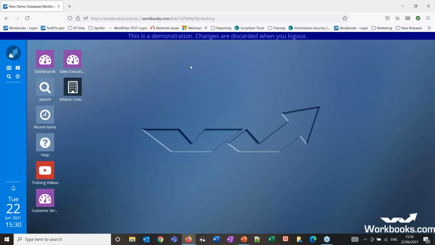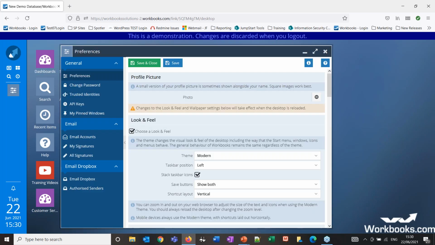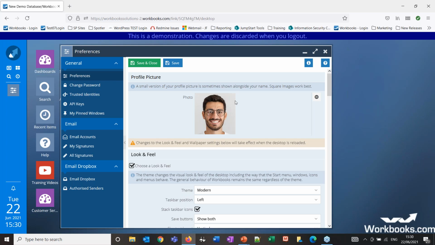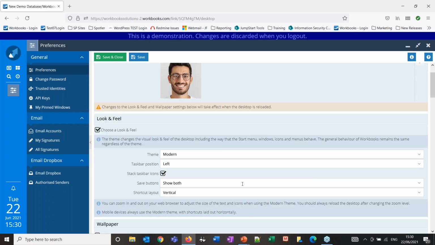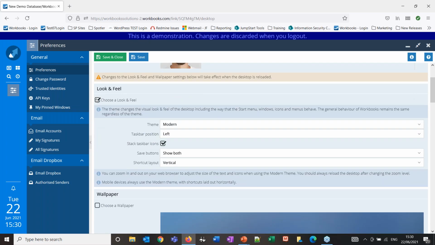The other way that you can do it when you've got some desktop space showing is if you right click, there's the preference option appears. It takes you to exactly the same place. So it doesn't matter which way you do it, it's just two options there. And if I make that bigger and scroll down slightly, as long as there is a tick in the box here that says choose a look and feel, you'll be able to modify what it says next to this new field, save buttons. At the moment it says show both,